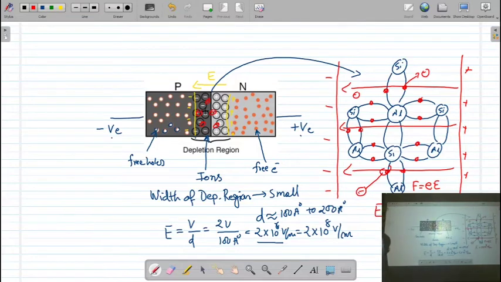And this large number of electrons will form a current. That is a reverse bias current, and this current is in the order of a milliampere. This is known as the Zener breakdown mechanism. When you apply a small voltage, 1 volt, 2 volt, 4 volt or 5 volt, then this breakdown is going to occur.